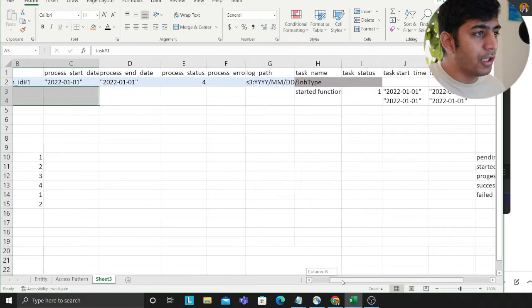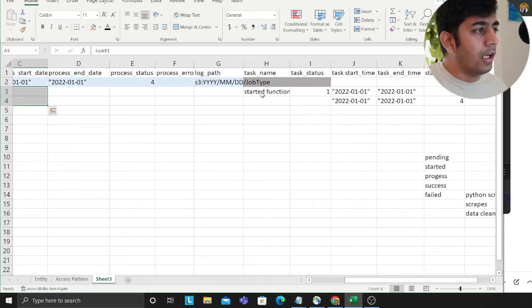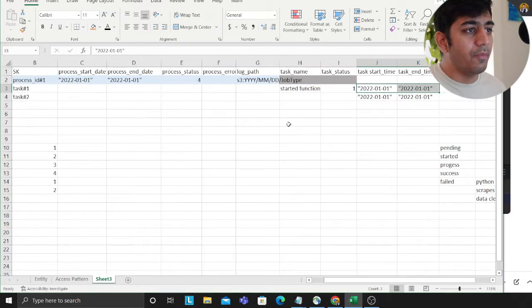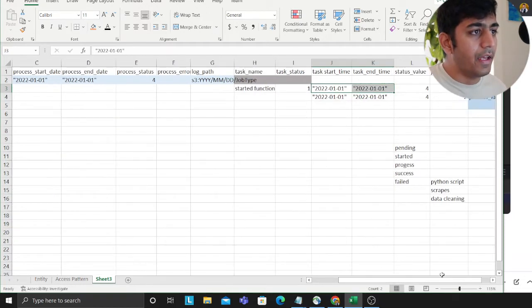Now, if you observe, I have columns here. For example, a task will have a name. What is the status of the task? Was it completed? Did it fail? The timestamp of both of that. And then I would have